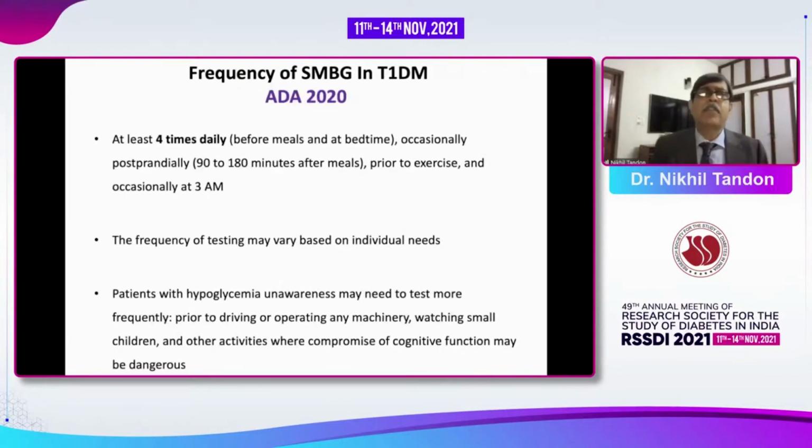Now that we've established this, what is the frequency of testing which is recommended? Let's break it down into type 1 diabetes and type 2 diabetes. The ADA in 2020 has clearly said that at least 4 times a day in type 1 diabetes. Remember, type 1 diabetes in the US is treated either by analog insulins or by pumps, and carbohydrate counting is